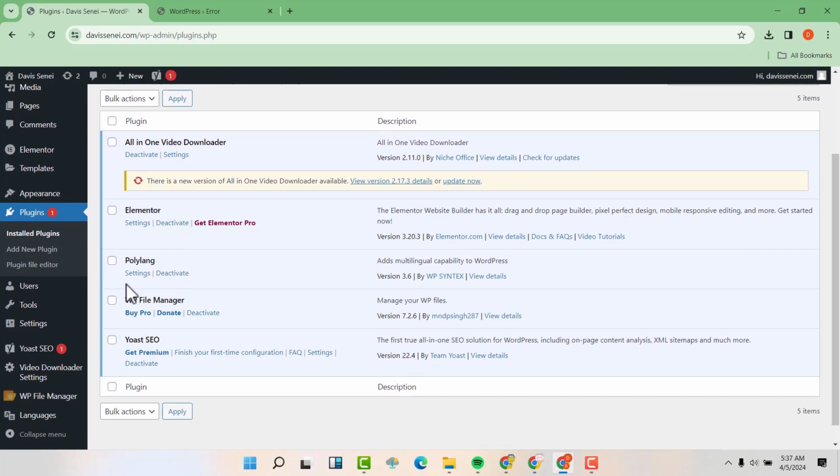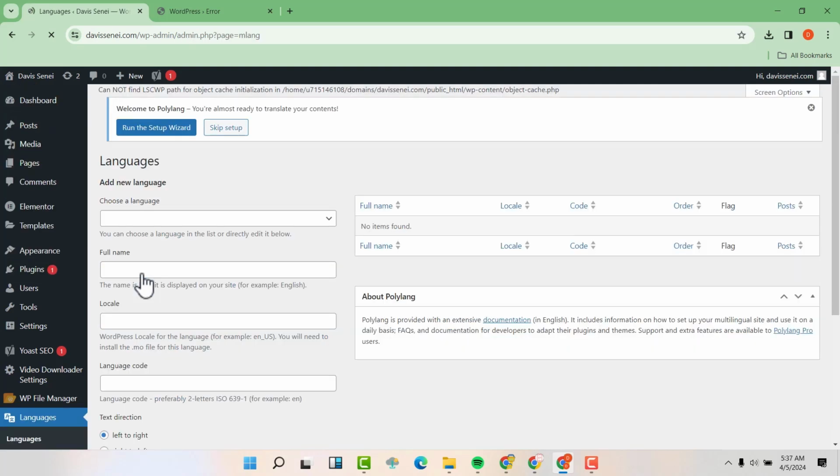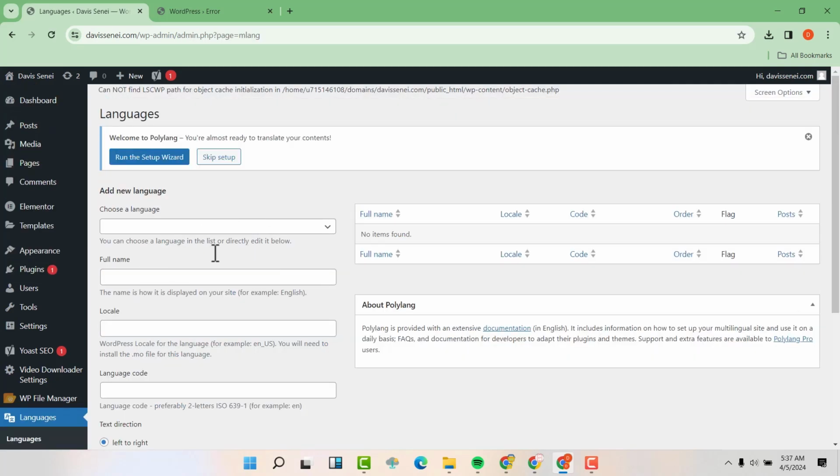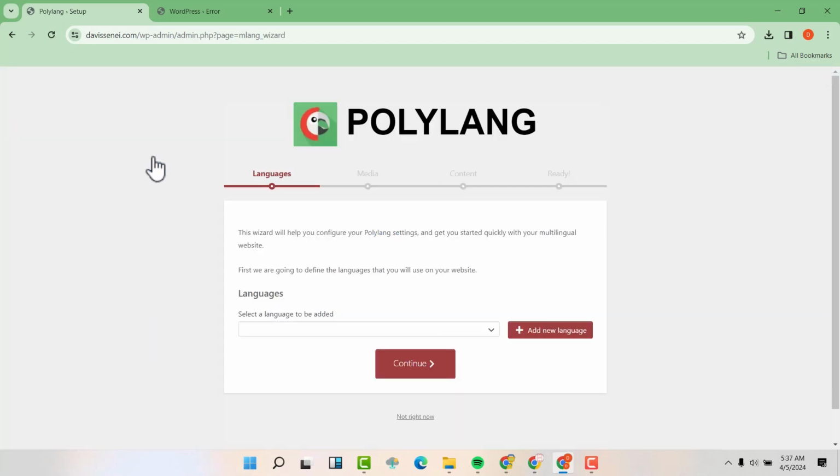then go to Polylang here, then click on settings. So we are going to run the settings here, but to make it easier for us, we're just going to click on run the setup wizard here. So we are just going to answer these questions. So this is the first language.